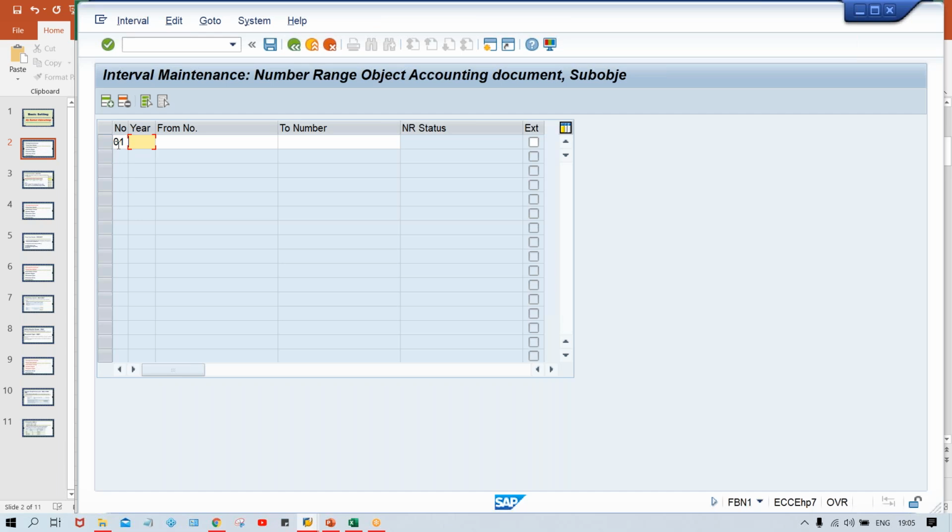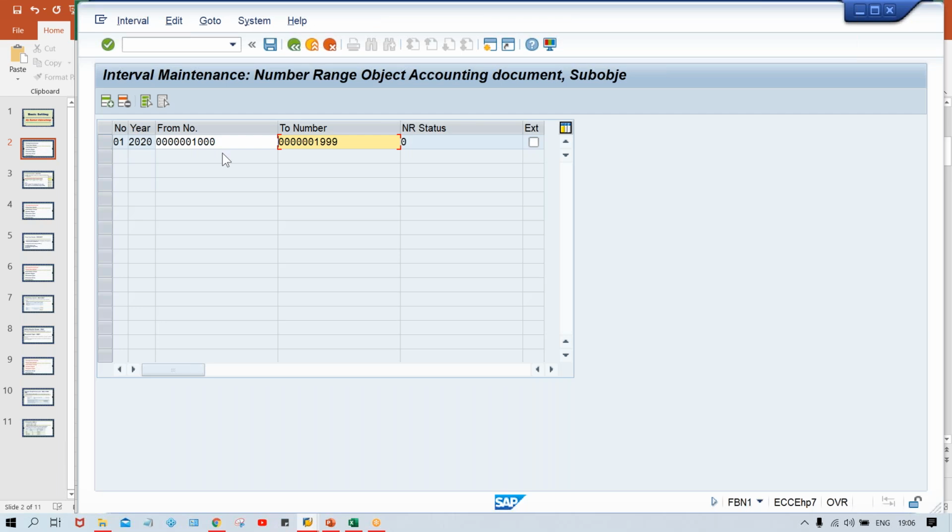I'll tell you guys, the number range is created every year. It means whatever range I'm going to give is valid for 1 year itself. One financial year it is going to be valid, right? So here I have given, let's suppose, 2020, and I'm going to give a small length only, so I'll give 1000 to 1999. Okay,